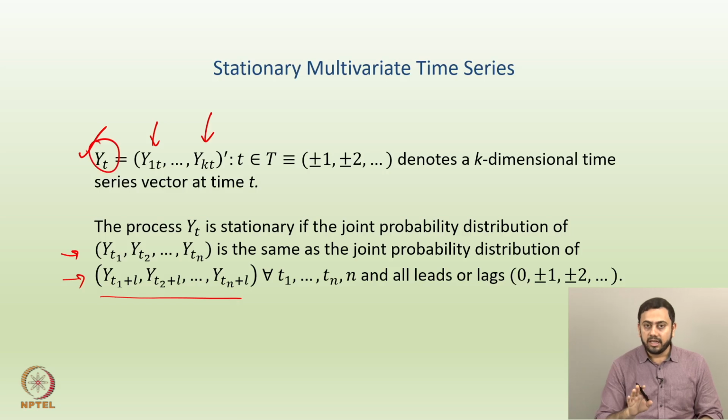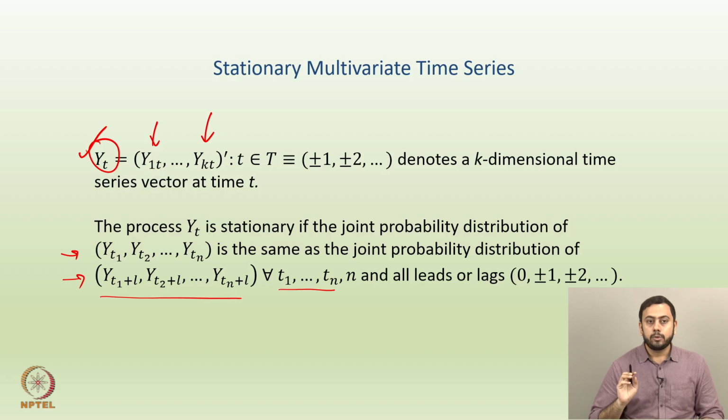The main idea here is that we are not expressing stationarity of a single time series, because yt is not a single time series here. What is yt? yt is a collection of k different time series, y1t, y2t up to ykt, isn't it? We have shown that earlier. And now, how can we say that the collection itself is stationary? This is a slightly different idea from what we have studied earlier. And obviously, this should be true for all timestamps t1, t2 up to tn, and all the leads or lags L, so 0 or plus and minus 1, plus and minus 2, etc.